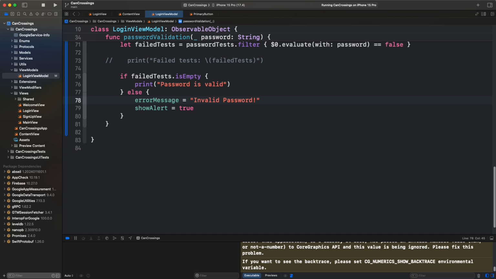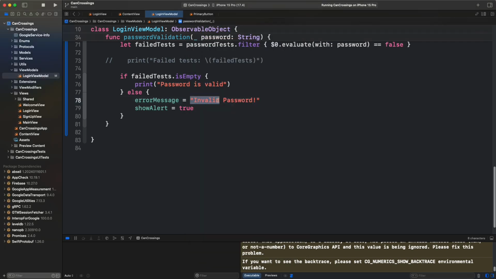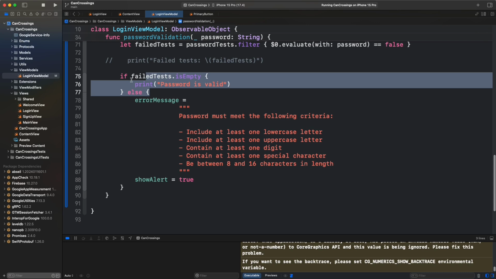And I know in the finished app we added this long message. So what we can even do, we can copy this long message and put it inside this error message. And yeah, we still want to show this alert. So yeah, instead of this long code, because we don't need this,